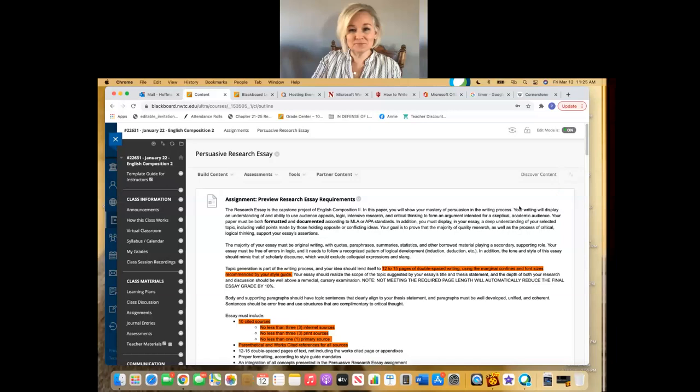If you are unfamiliar with which pronouns to use for third person, I would encourage you to Google it. You're going to stick to third person. Depending on the topic you're trying to argue in your essay, let's say it has to do with vaccines, and you happen to be a nurse or a nursing student, or possibly have a personal experience that could really be a strong source for your argument, you may use a secondary